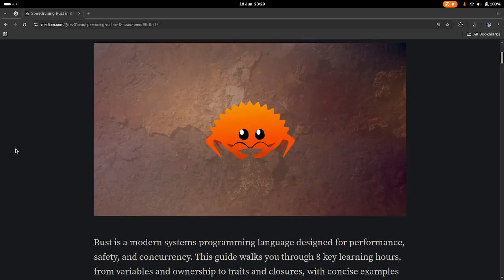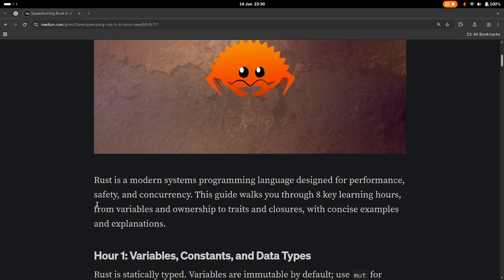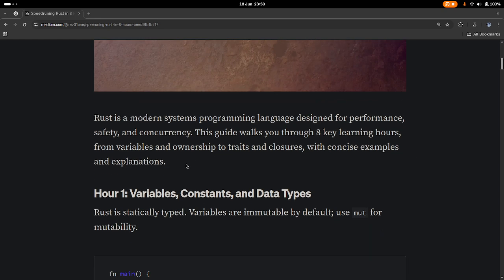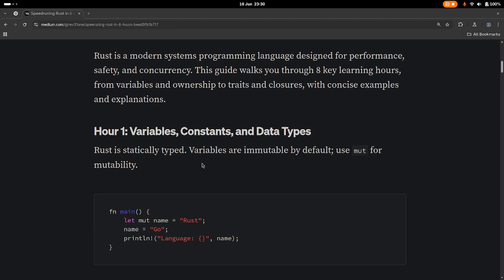Rust is a new modern systems programming language. It's a low-level programming language like C and C++, designed for performance, safety and concurrency. This guide will walk you through 8 key learning hours, from variables and ownership to traits and closures. Let's just begin. For the first hour, we will learn about variables,